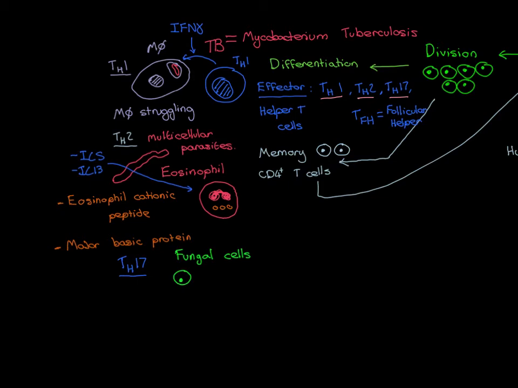Now, the T helper 17 cells will come into the affected area, and again they'll have to confirm that they've actually come to the right area, so they'll have to find macrophages with MHC class II on their surface and the peptide fragment that they themselves are directed against. When they've found that, they've confirmed that they're at the site where the pathogen that they are directed against is, and they will start releasing what molecule? Why were T helper 17 cells called T helper 17 cells? Because they release the molecule interleukin 17, IL-17,